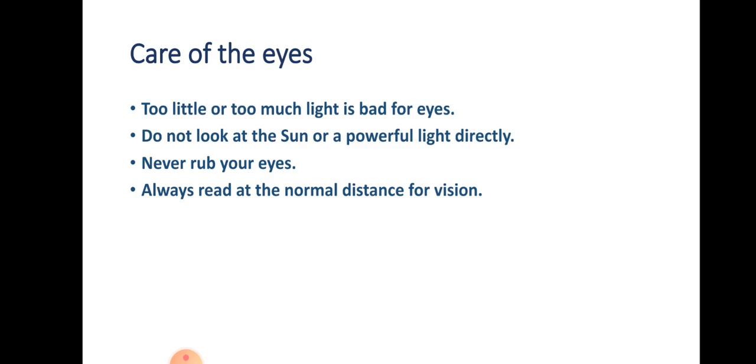And also one should therefore include in the diet components which have vitamin A. Raw carrots, broccoli and green vegetables and cod liver oil are rich in vitamin A. And also eggs, milk, curd, cheese, butter and fruits such as papaya and mango are also rich in vitamin A. So daily you have to take one of these food items in your diet. Then only, children, we can maintain our eyesight, our eyes very protectively. Okay, next one.